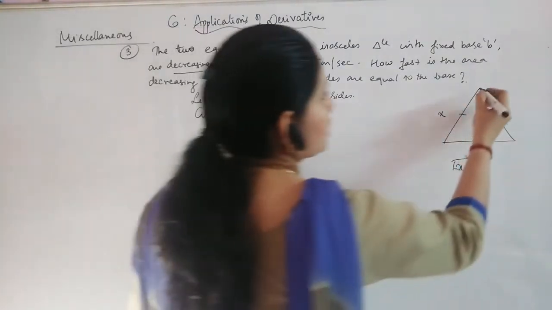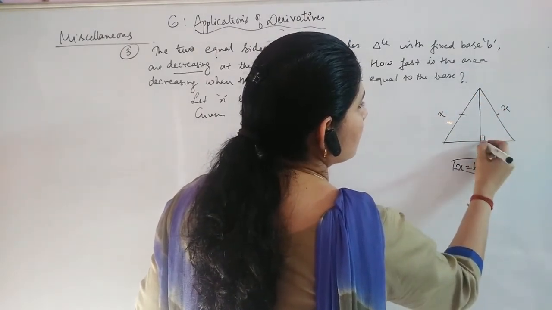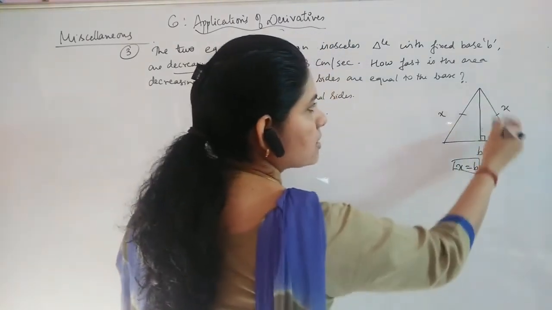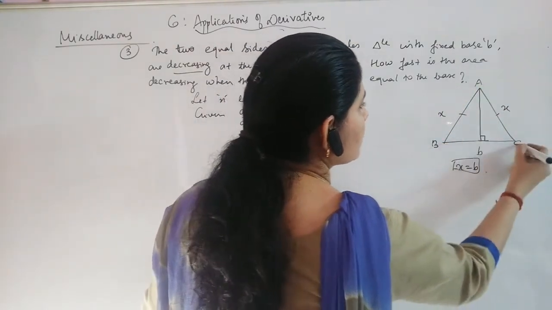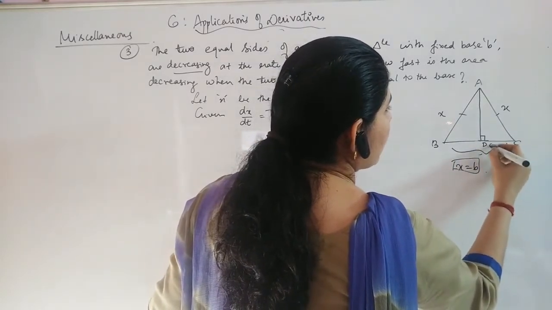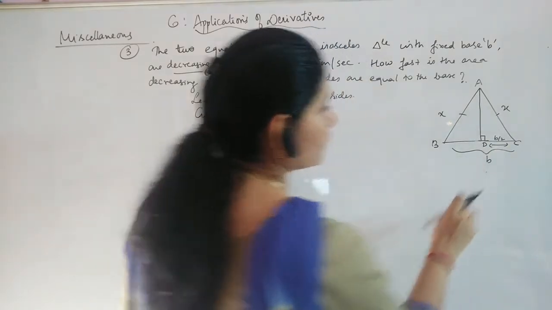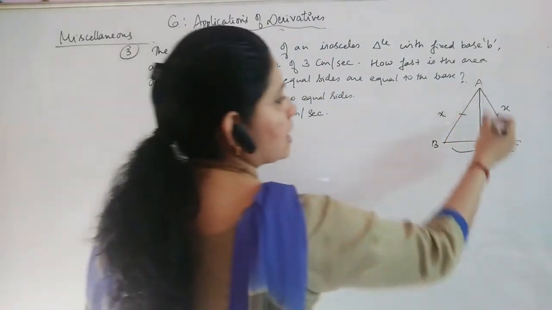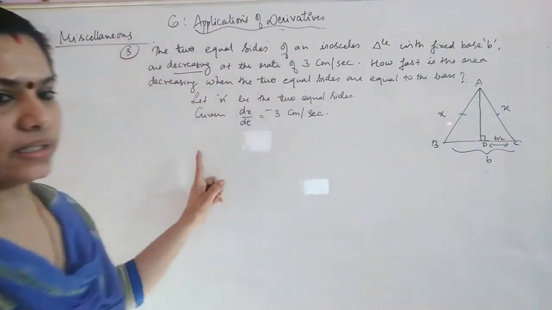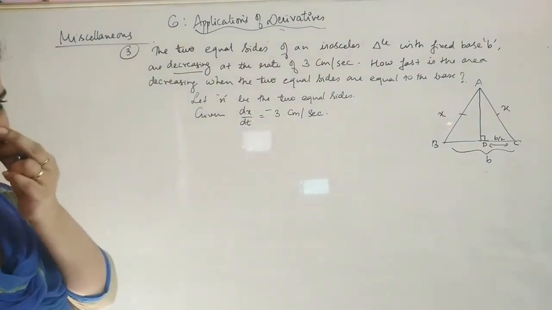For that, first we draw a perpendicular, so that this is 90 degrees here. Using the Pythagoras theorem for this triangle, suppose this is A, B, C, D. This total is b, so here you will have b by 2. Now for triangle ADC, you can find AD, because in order to find the area, you have half b h, so you have to get the base as well as the altitude.